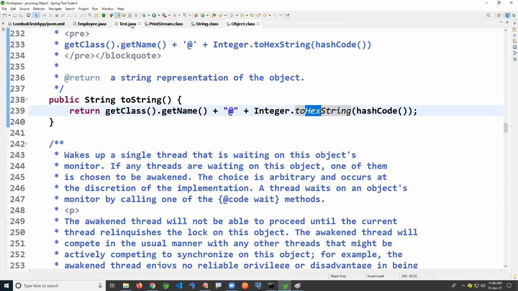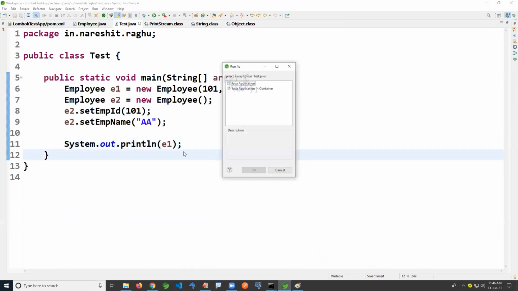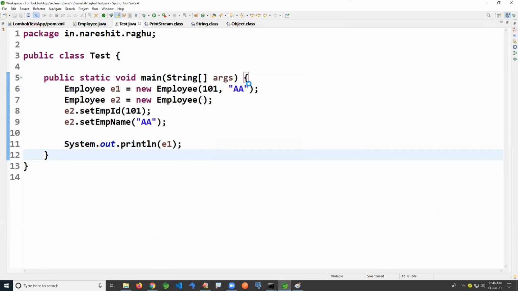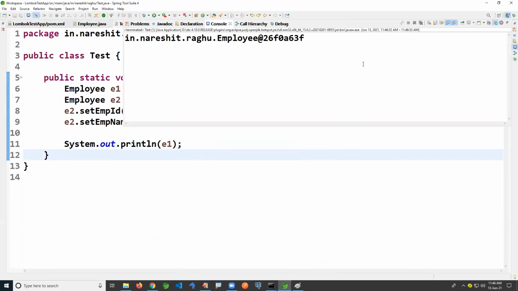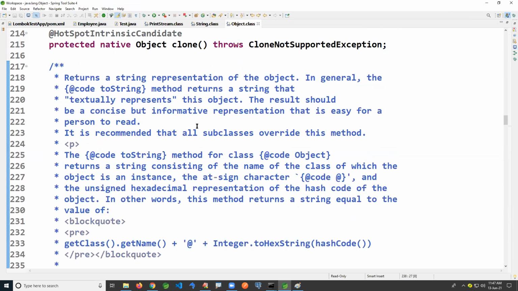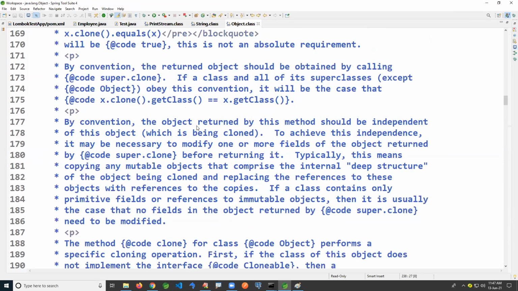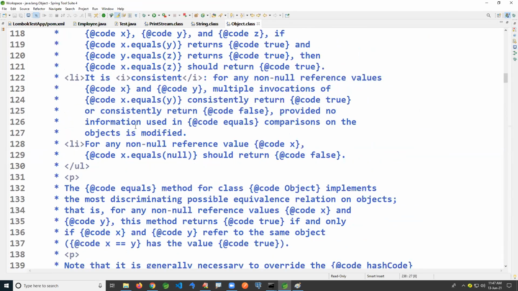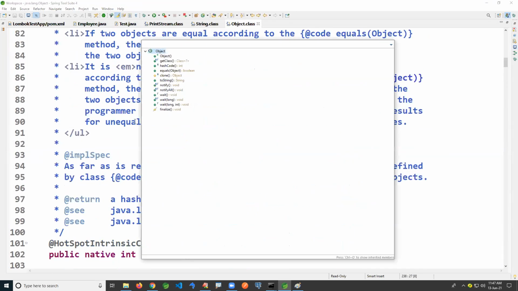So when you run the test class, you are just seeing some output. If you ask anyone what this is, actually this is the fully qualified class name, @ symbol, hash code in hexadecimal format. That's what is done by the toString method in the Object class.